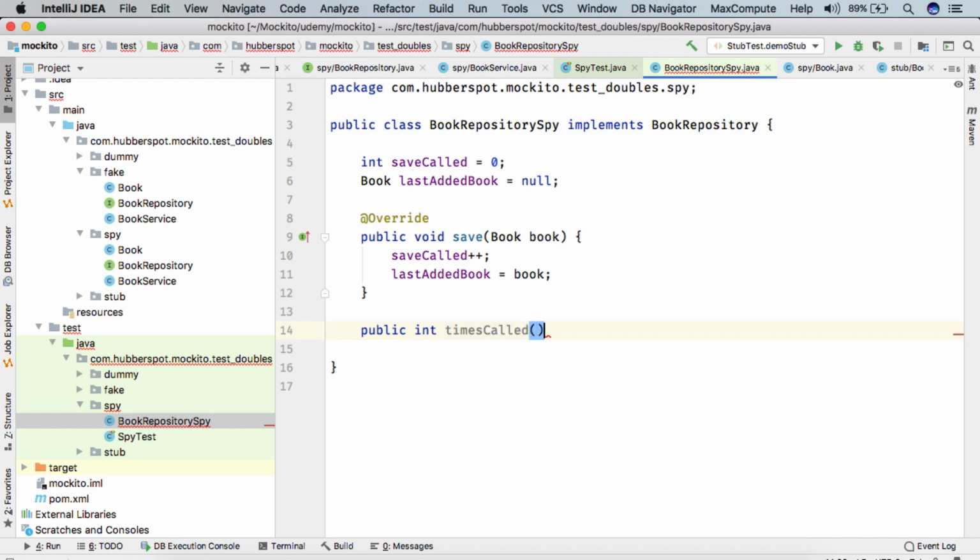the methods which basically help us in behavior verification.